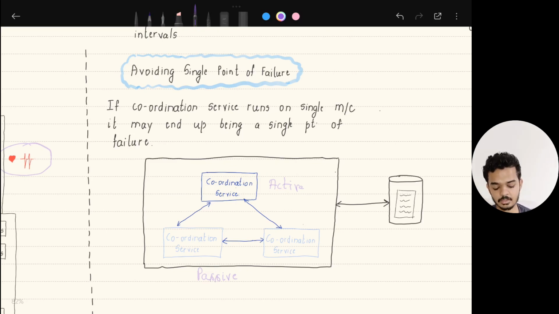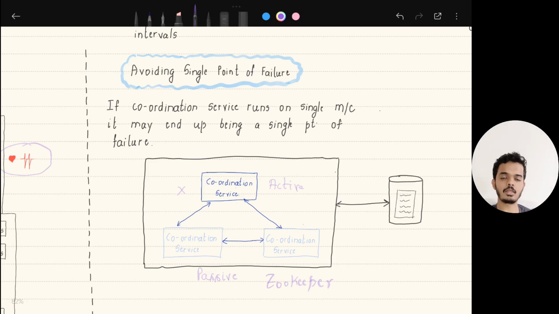Now when this active coordination service goes down, a leader election algorithm like Paxos or Raft will kick in. For leader election, we can also use Zookeeper. This leader election algorithm selects one of the live passive coordination services and that leader will assume the responsibilities of the active